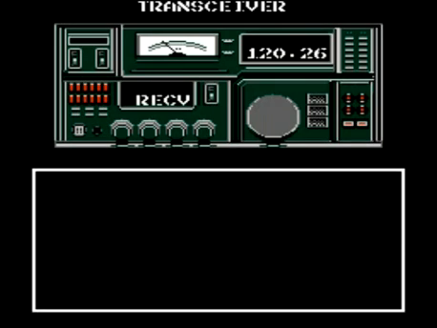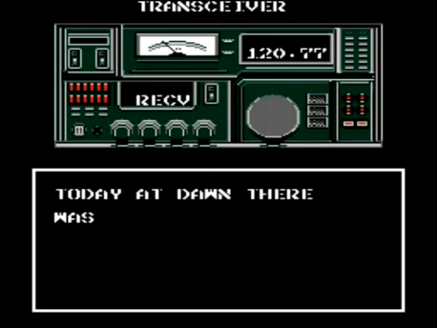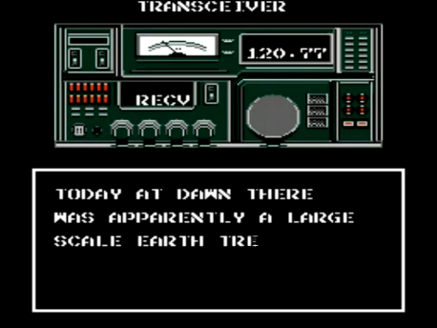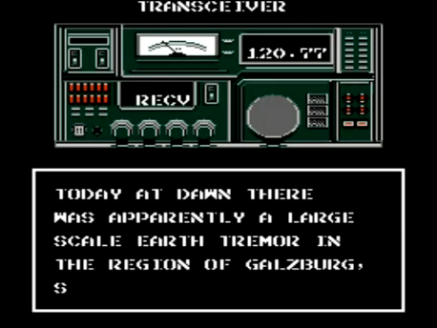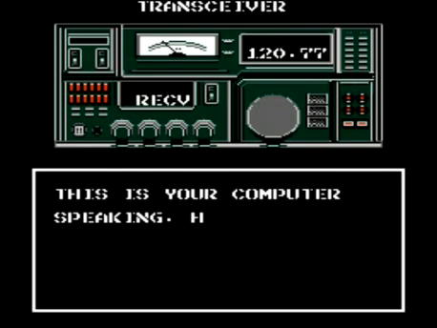We now are going to see the transceiver change over real quick, and we're going to get another transmission from a random news report. And it's going to explain that there was a giant explosion, blah, blah, blah. Basically explaining that we destroyed Outer Heaven, and yeah, the game is over,